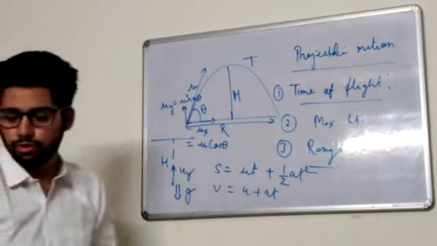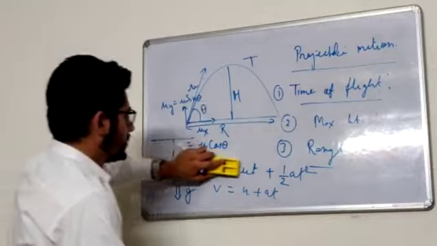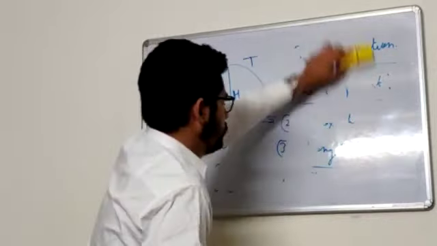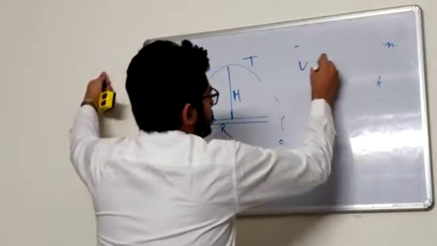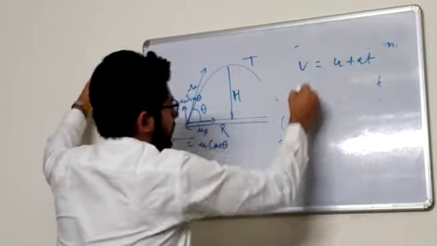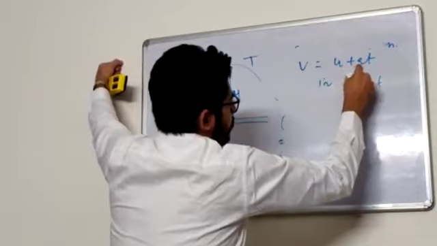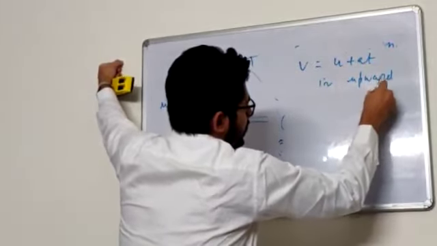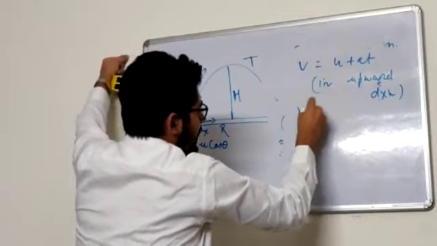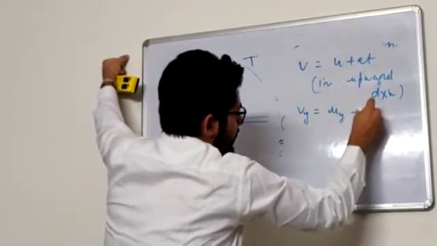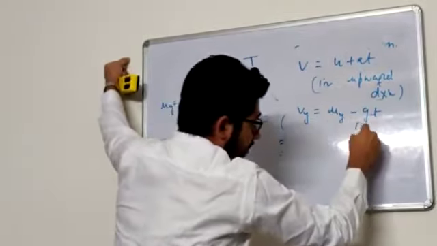So here I can see that I need this second equation, v is equal to u plus at, in the upward direction. So basically Vy is equal to uy minus g into t,